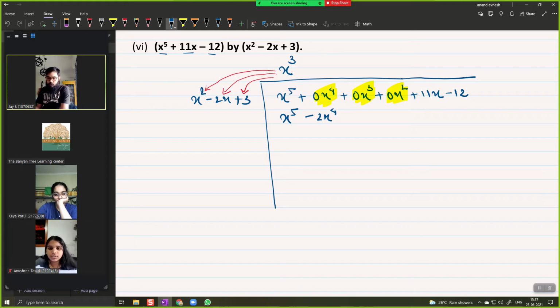I am sure Anushri you are understanding this. Please note it down with us. Yes, sir. And plus 3x cube. Very good, plus 3x cube. Okay, so I will draw a line over here. I will write a minus sign over here. Now, Kea, tell me what is the original sign of x raised to 5? Original is plus. So it will become minus. What is the original sign of 2x raised to 4?